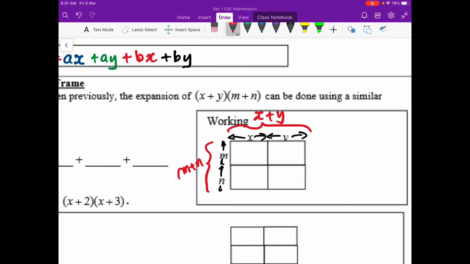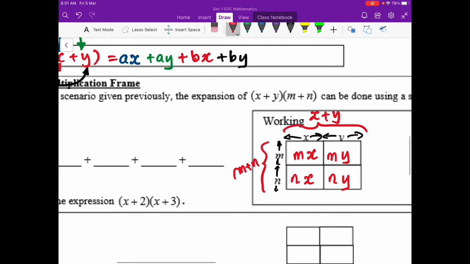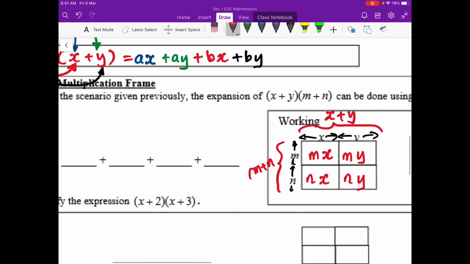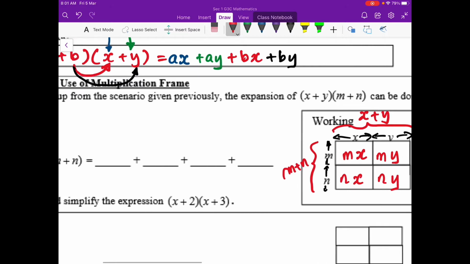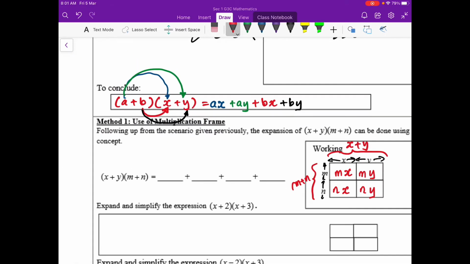And in the first box, we are going to have M times X. In the second box, we have M times Y. Then here, the area over here will be N times X. This area over here will be N times Y. Keep in mind, some of them could be negative. They could very well turn out to be negative. So this is what we can use to help us for the expansion of X plus Y multiplied by M plus N. So let's fill in the blank. The order doesn't matter as long as you get all the terms in. So I'll just follow the order on the right: mx, my,